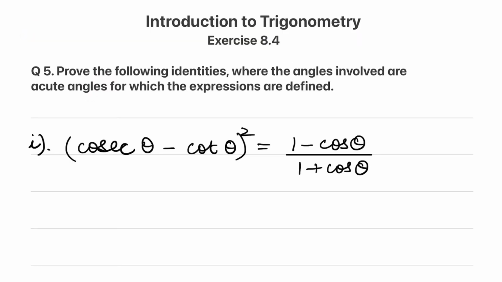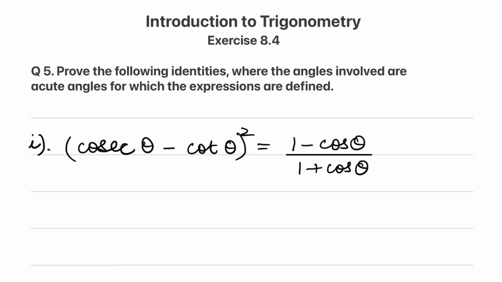Everyone. So we are continuing with the chapter of Introduction to Trigonometry, and we have already finished the first 4 questions of exercise 8.4 in our previous videos, and now the last question of the last exercise of this chapter, question number 5. It says, prove the following identities where the angles involved are acute angles for which the expressions are